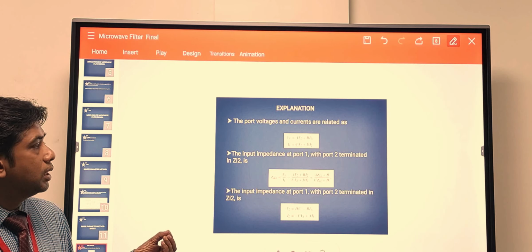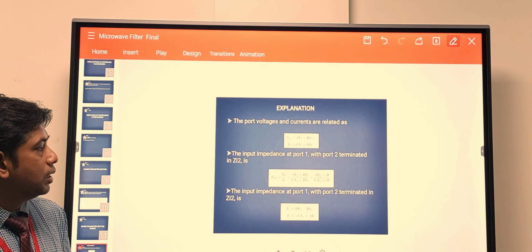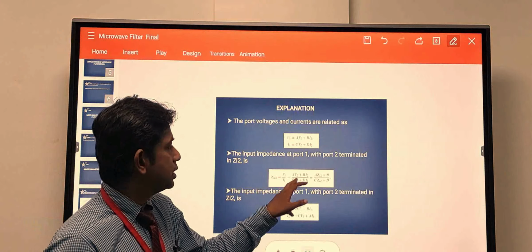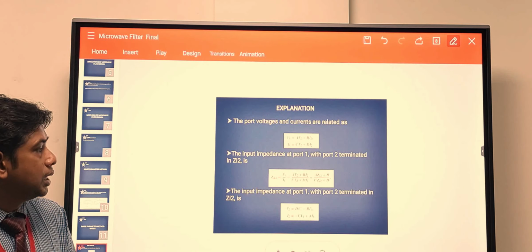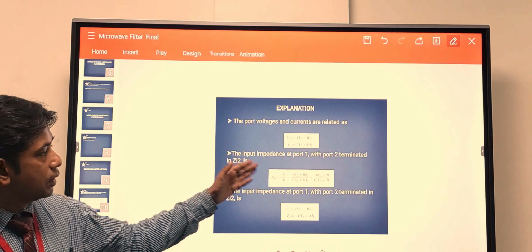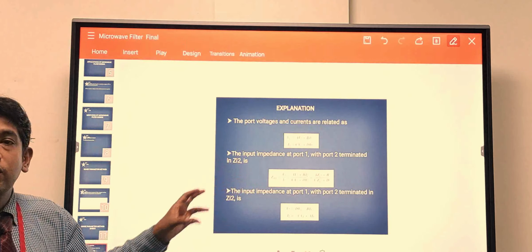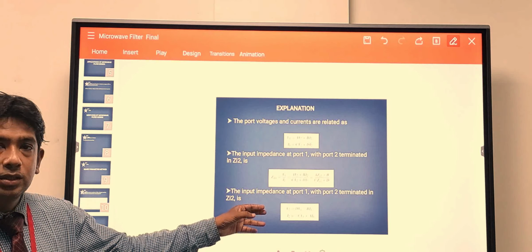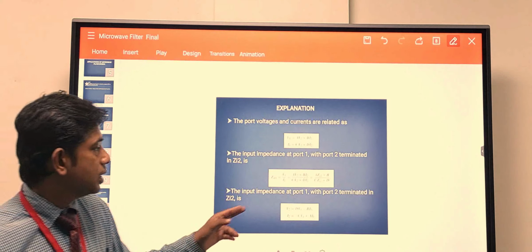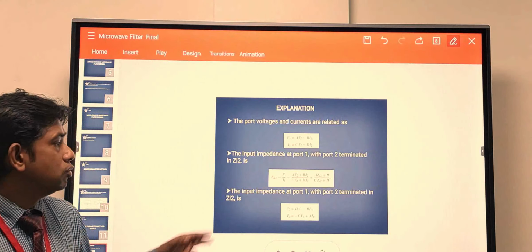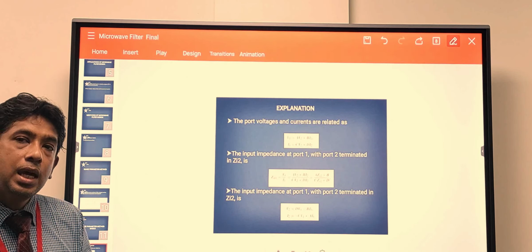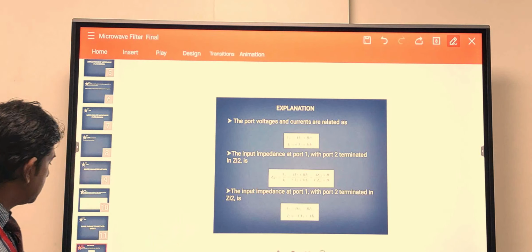How have we got it over here? We have got it by interchanging these equations as well. That is also what we can do. As you can see, changing the various parameters from the above equations gives us V2 is equal to DV1 minus BI1 and I2 is equal to minus CV1 plus AI1. Moving forward,